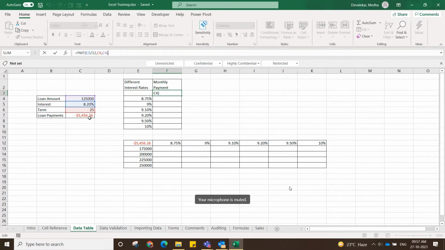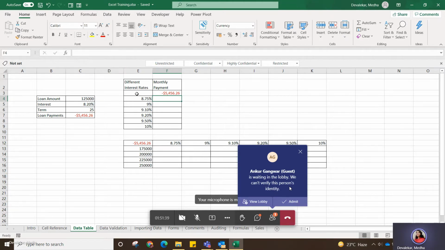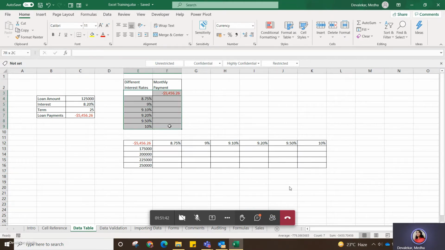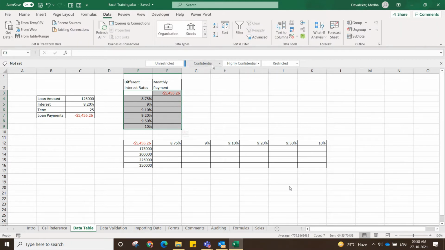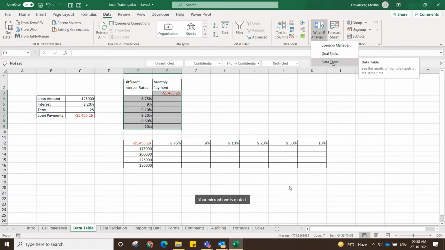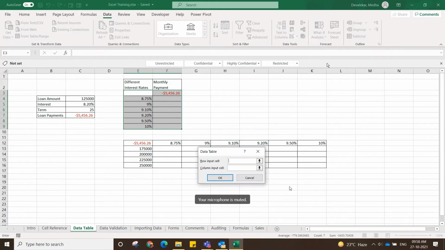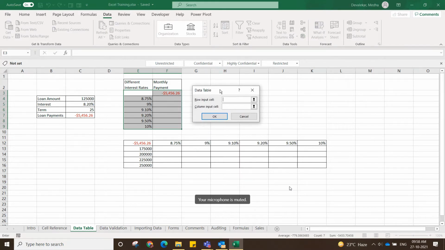We need to calculate the monthly payment based on different interest rates.